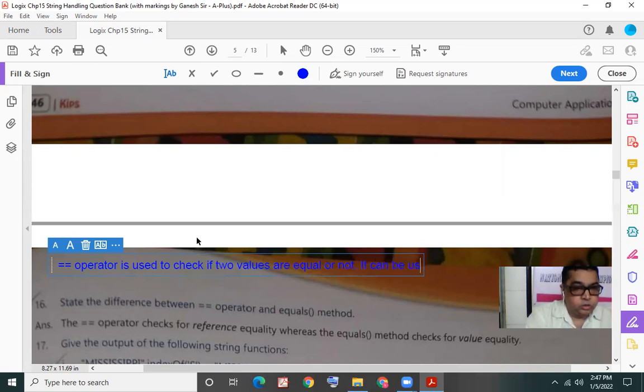It can be used with integer data type, float. You see, when I say integer, it includes long, and float includes double.